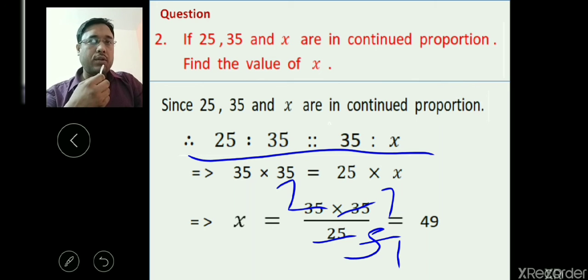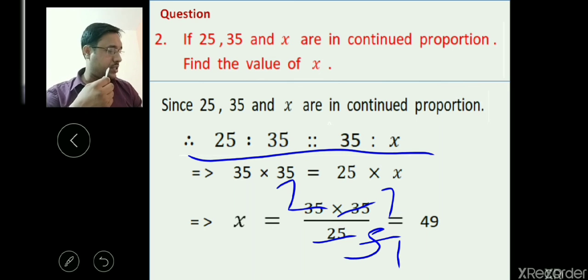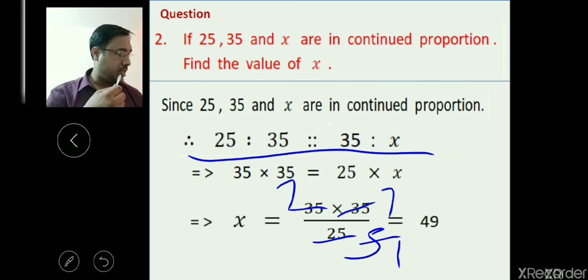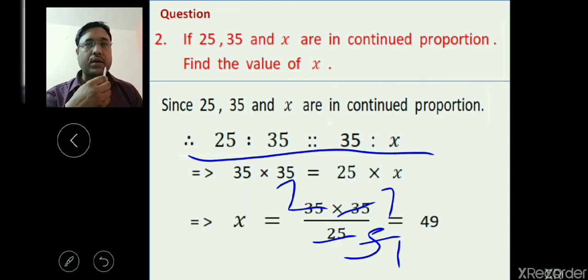So that's all. This way you can revise these questions nicely, students, and you may solve the questions also of exercise 8B, easily, question number 1 to 8 for your practice only and for your homework. And in NCERT exercise 8.1, you can solve question number 1 and 2 there also.